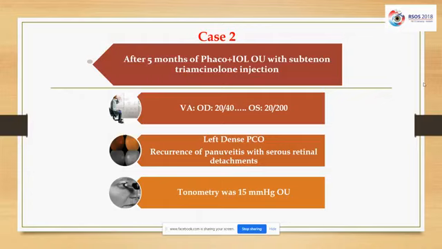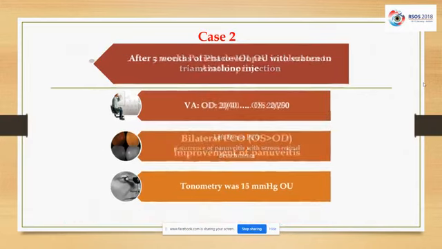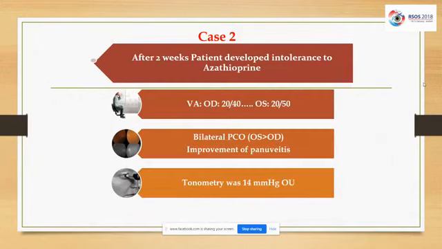She came after 5 months of the cataract surgery with left dense posterior capsular opacification and the recurrence of uveitis and serous retinal detachment. At this time, I shifted from cyclosporin to azathioprine, but unfortunately, the patient was intolerant to azathioprine. She developed pancreatitis. So after 2 weeks of developing intolerance to azathioprine, the vision was 40 and 50,